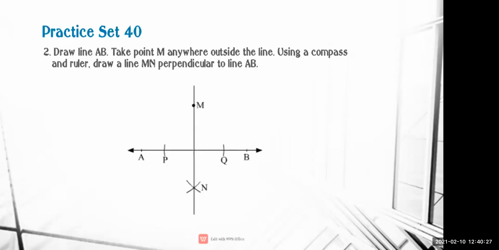The same, first you have to draw a line AB, then cut an arc with more than half, and the upper also you have to make an arc cutting, join that line and name that line as M, and it's outside, so it is drawn outside only, that is M. And then next line you have to give the name, that is N. So AB should be perpendicular to line MN. I will show you how to construct it.